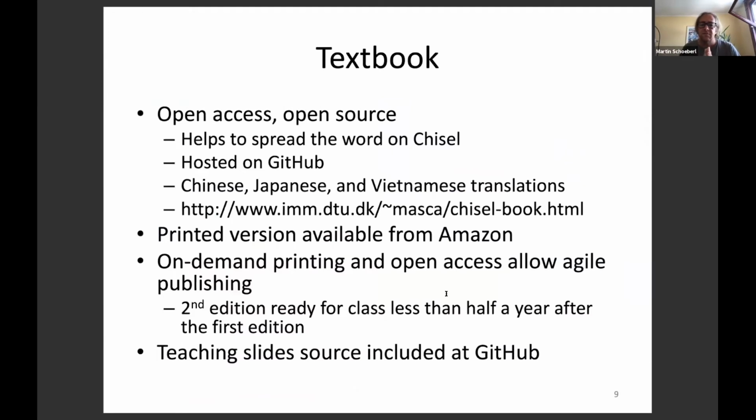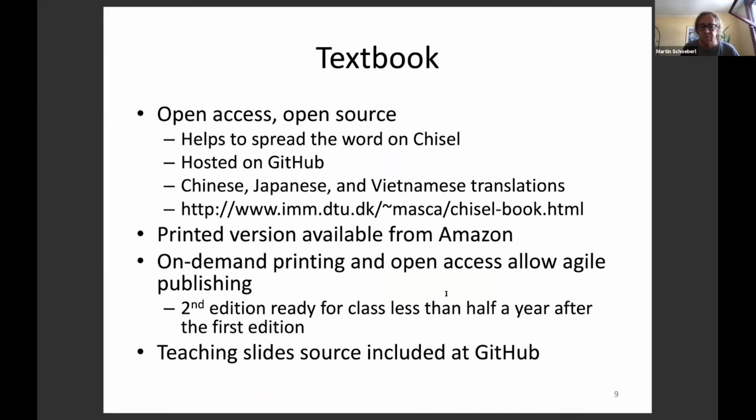Yes, it's an open access, open source book. So if you find an error or you want to contribute something, you just do a pull request. It's on GitHub. And this is a surprising thing. If you do open access projects, some of you might have experienced this. I got free translations, as you've seen before, just because it was open source. I'm very grateful to all those people who did all these translations.